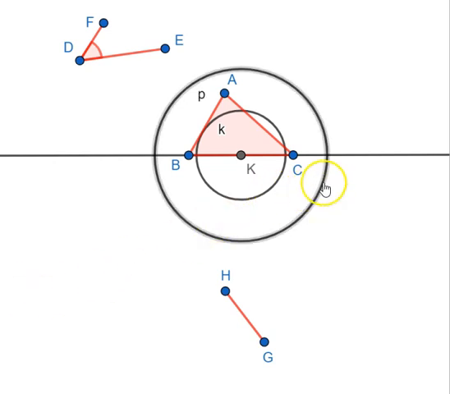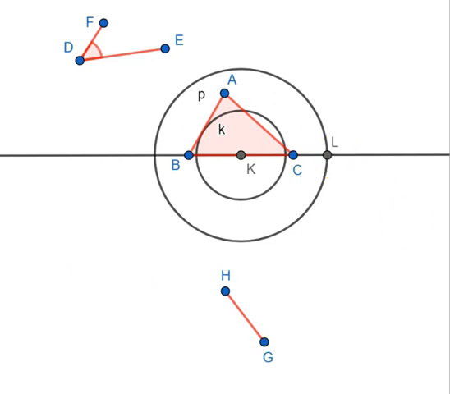The outer circle, that is of radius DE, intersects this line at two points. We are only interested in this one, so let's mark that